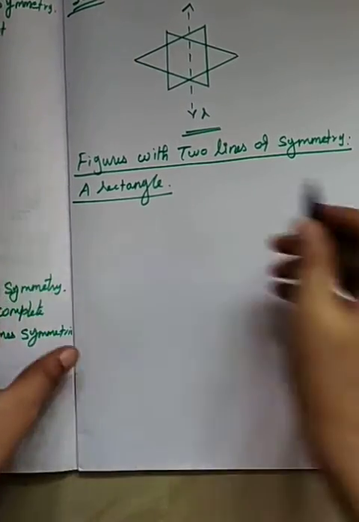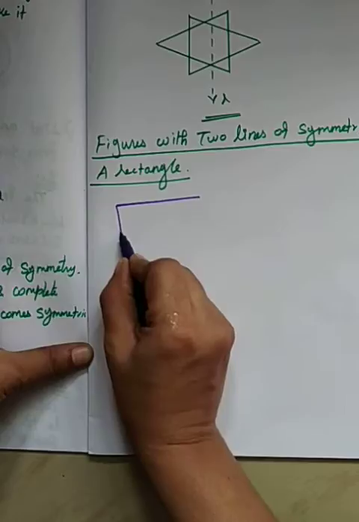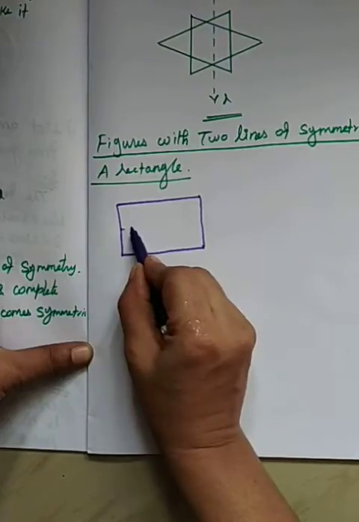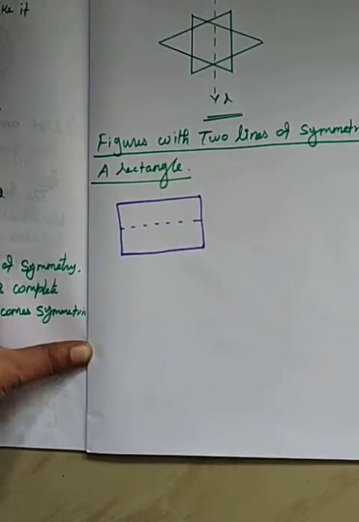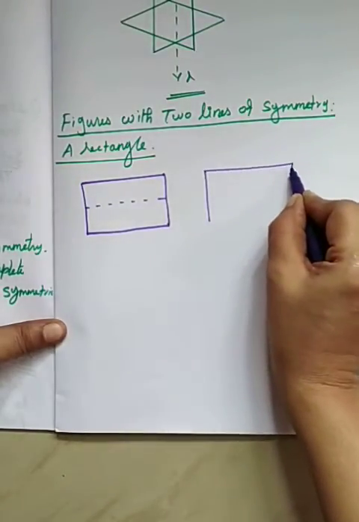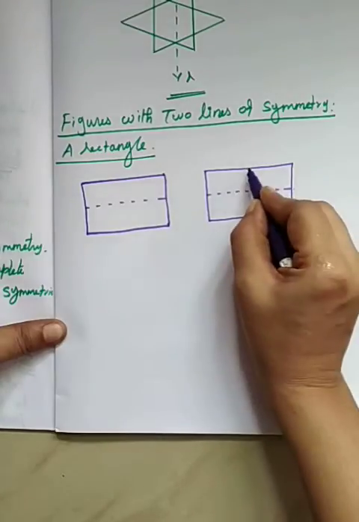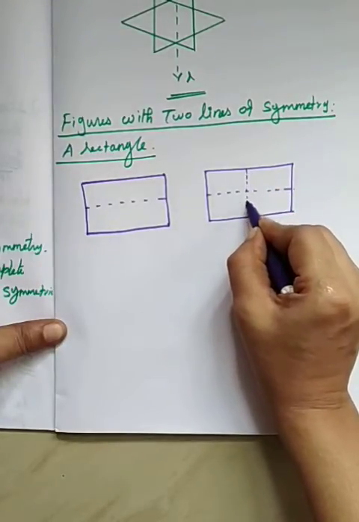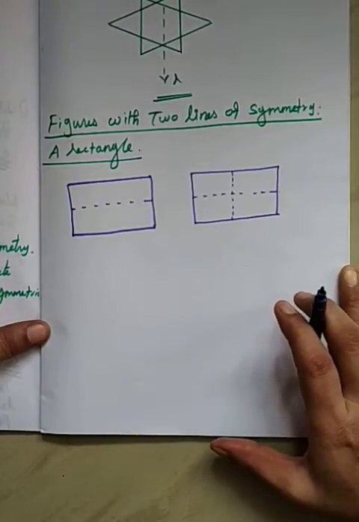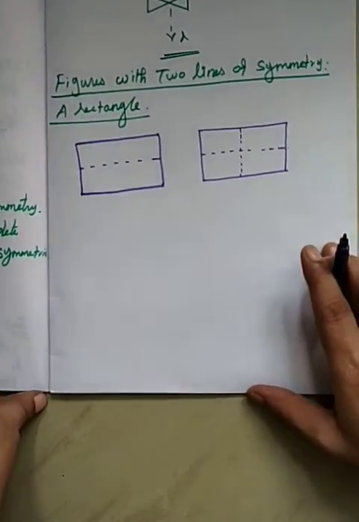From the diagram we can say that, see here, you can take a rectangle paper. First you have to cut it lengthwise. Okay. And then you have to cut it widthwise. See, do you find that these two lines are the lines of symmetry? Yes, these lines are symmetric. Everybody clear? Okay. See the next one.